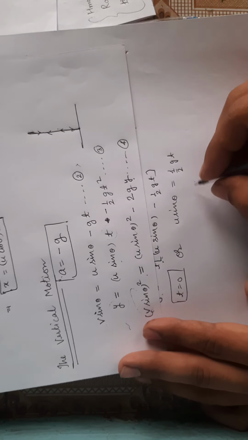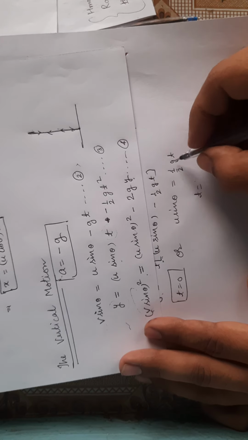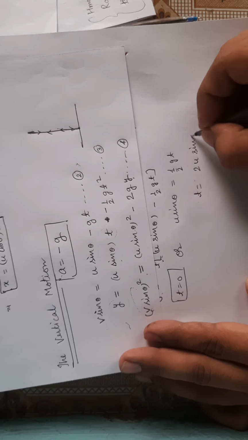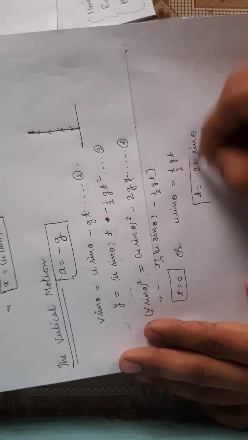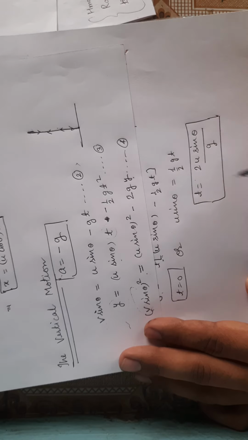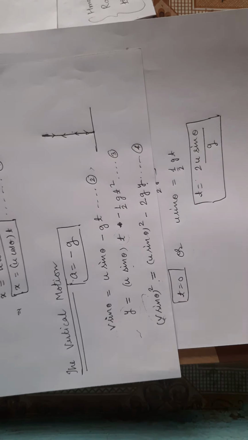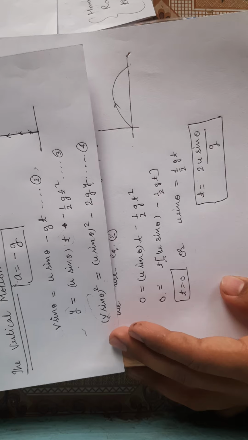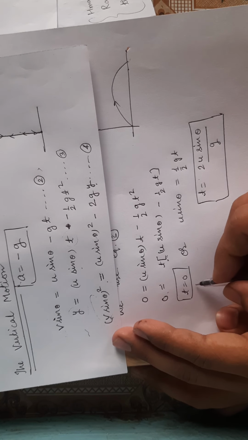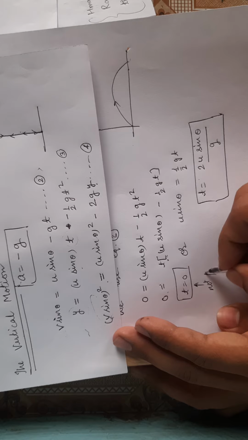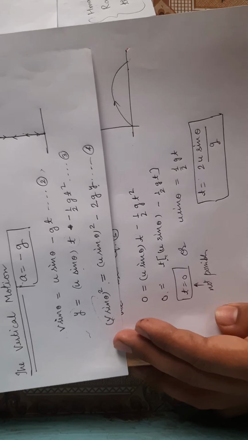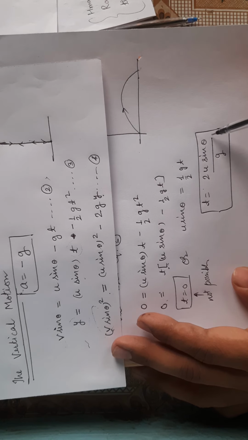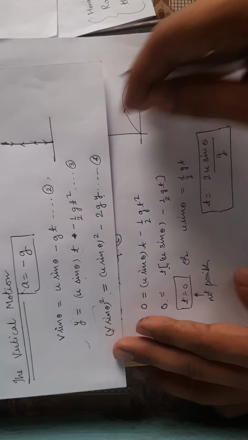On further solving, we can find t is equal to 2u sin theta upon g. This is our result. We know in the whole journey the particle takes some time, so t should not equal 0. Not possible. Then the total time taken by the particle in the whole journey will be t equals 2u sin theta upon g,